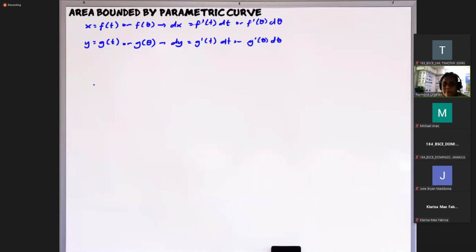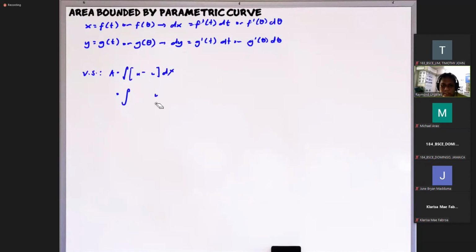So kaya remember, 'di ba? Pag gumamit tayo ng vertical strips, 'di ba? So remember yung equation natin sa vertical strip, 'di ba? So area, okay, it's just equal to integral ng f upper minus f lower, 'di ba? So then this is multiplied by dx, 'di ba? Okay? So kaya magiging equal lang tong sa, so ganun pa rin, f upper minus f lower. So y pala yung ginamit ko kanina, no?